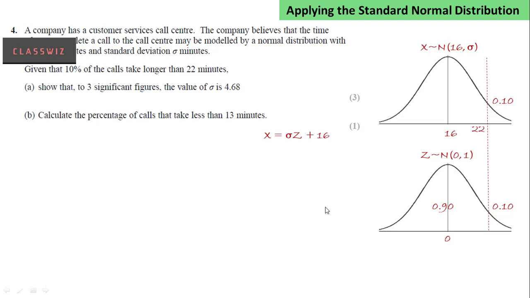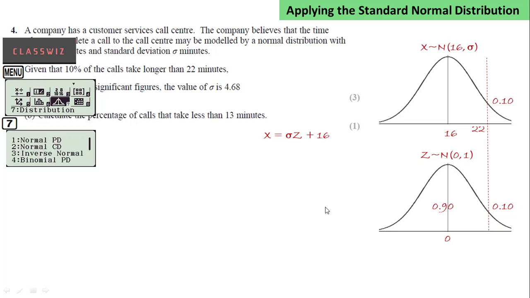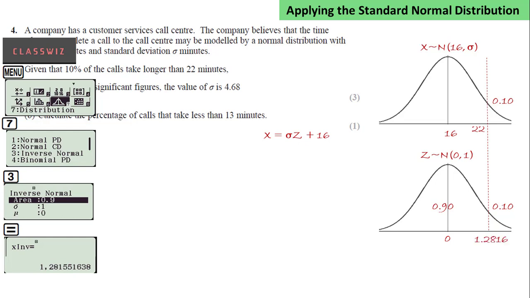We use the ClassWiz calculator. We choose the menu option 7. We choose the inverse normal distribution. This goes from the area to a value. We choose option 3 then. We type in the area 0.9, the standard deviation 1, and the mean 0. So this tells us that the Z value that gives 10% on the right hand tail will be